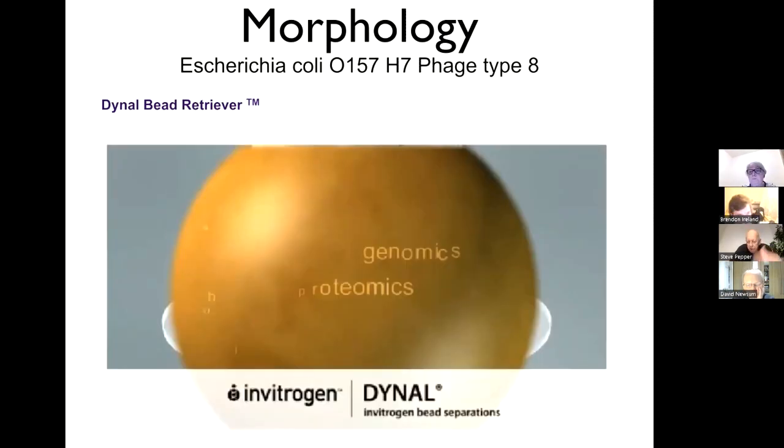Retriever helps you concentrate the number of E. coli 157 bacteria that are present in any given sample. Otherwise, it'd be virtually impossible to do it properly. And it's one of the reasons why it can take several days to actually confirm that it is the cause of